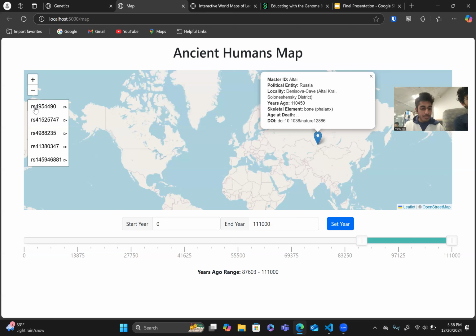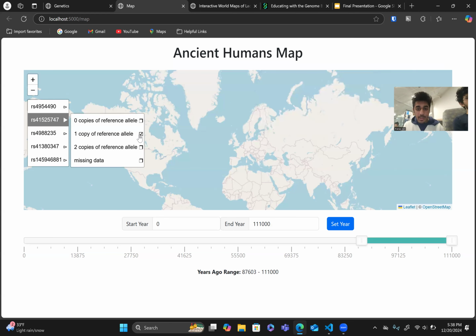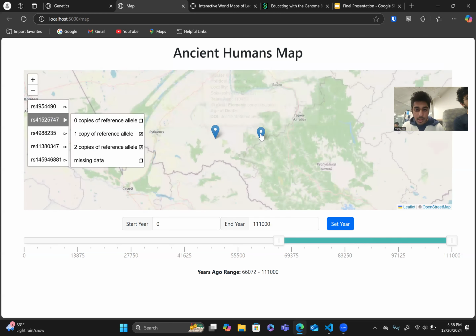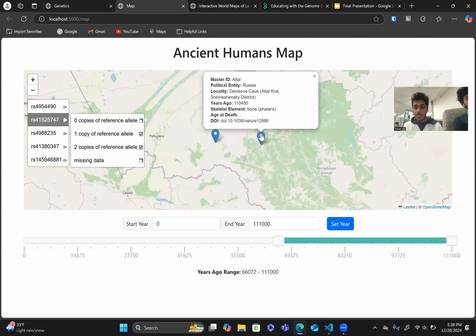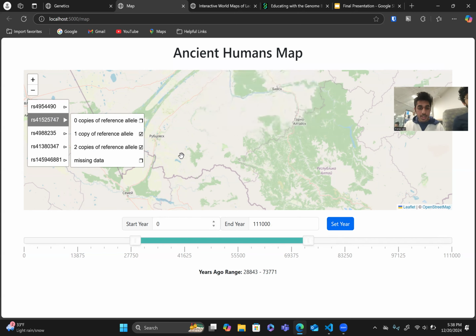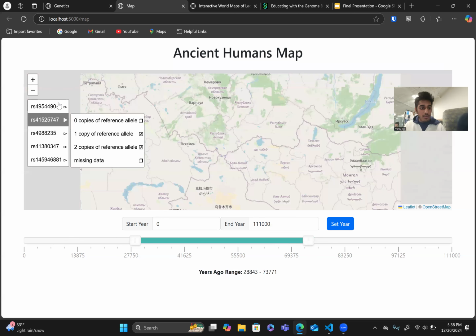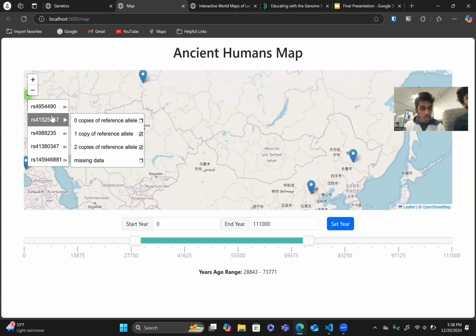We also have a SNP panel, where you can select certain SNPs and look into humans which have that SNP, which have that single nucleotide polymorphism. That is one thing. And the final thing over here is these 2 things wherein you can give a custom range,